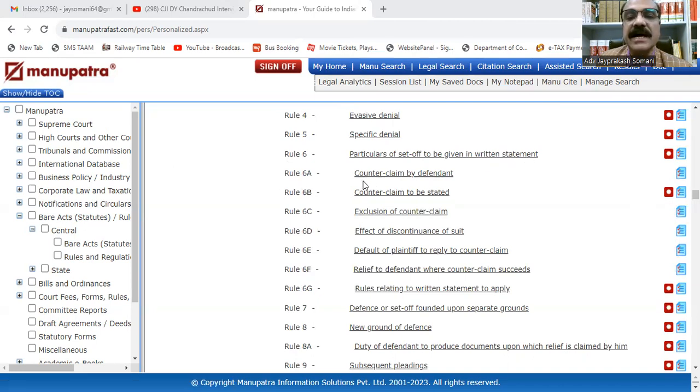Rule 6, particulars of set-off to be given in written statement. Rule 6A, counterclaim by defendant. Rule 6B, counterclaim to be stated. Rule 6C, exclusion of counterclaim. Rule 6D, effect of discontinuance of suit. Rule 6E,